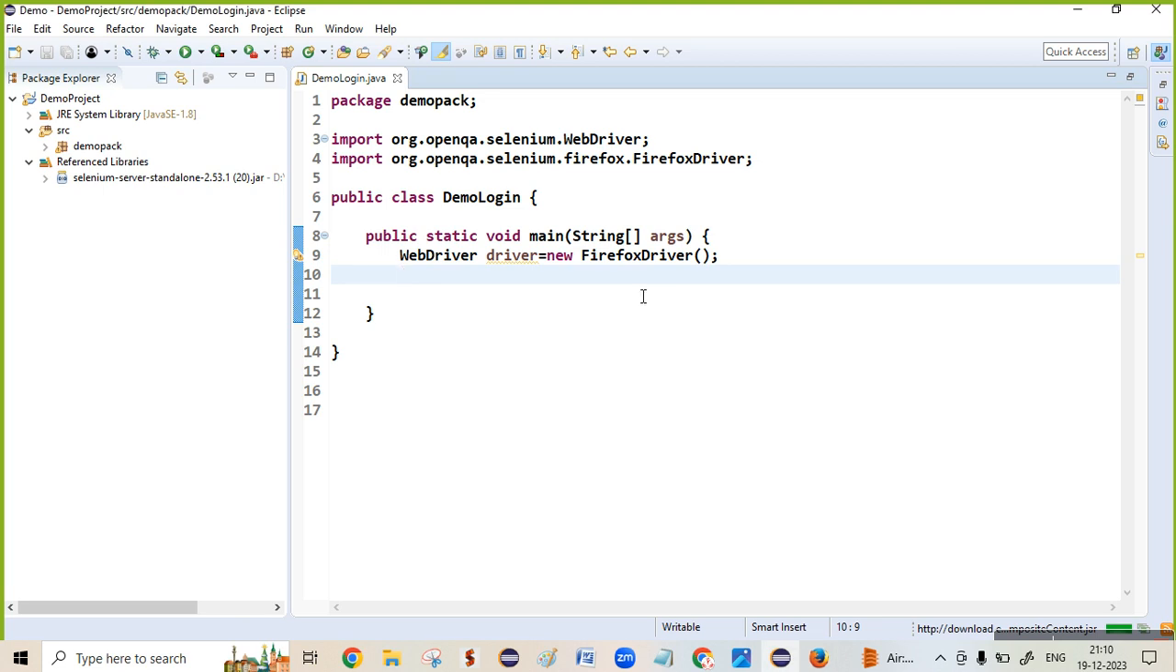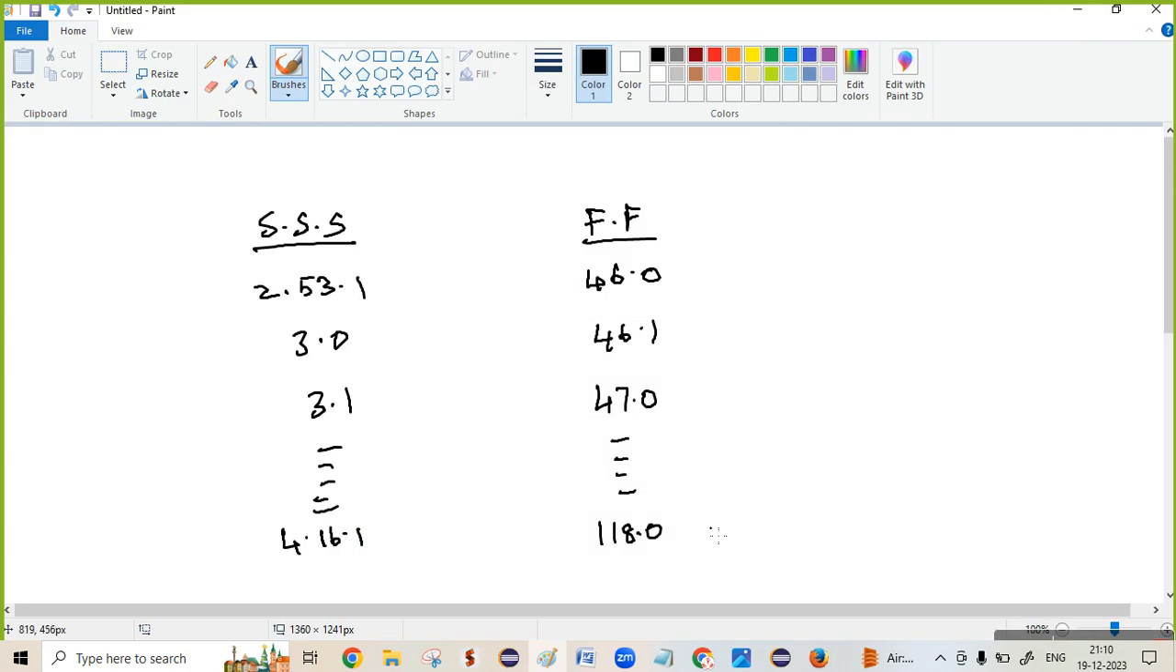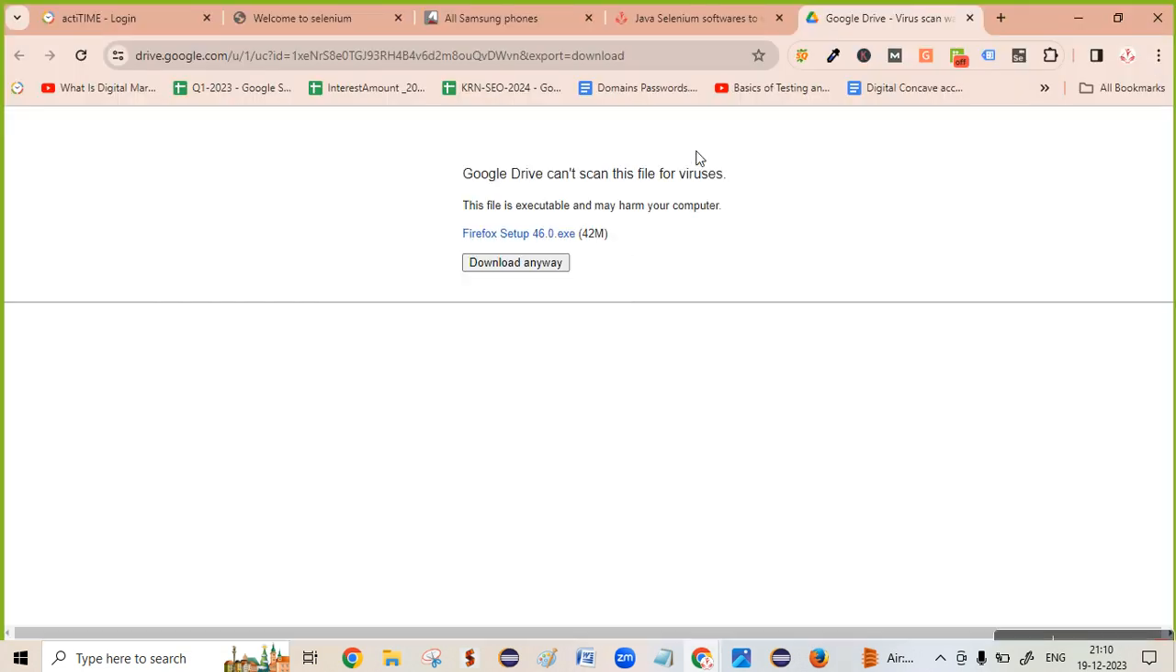One more browser will get open. Each and every time you run, it will open a Firefox browser. It will open a fresh session of Firefox browser. Okay. See, normally in the browser,